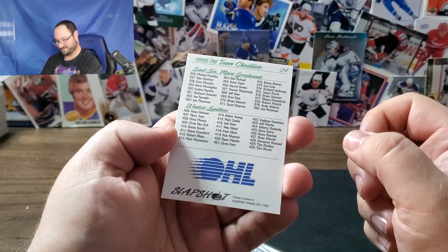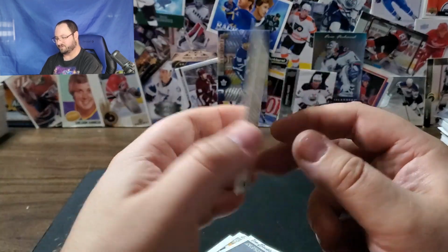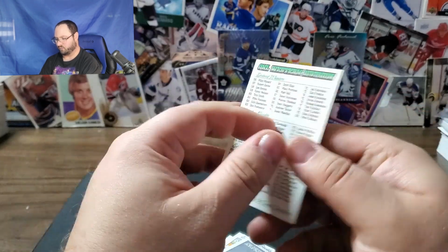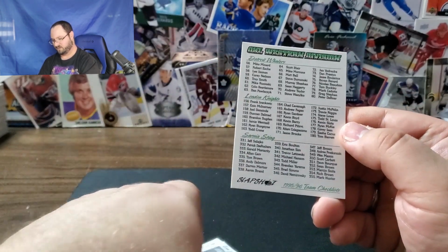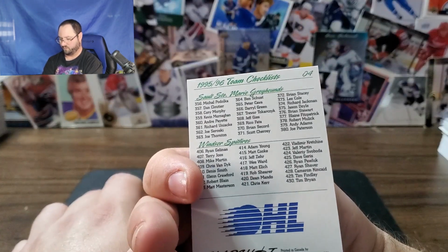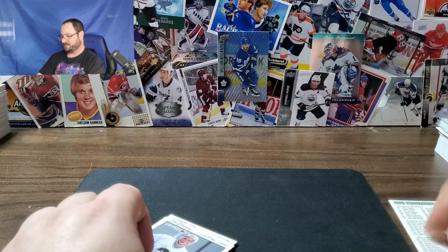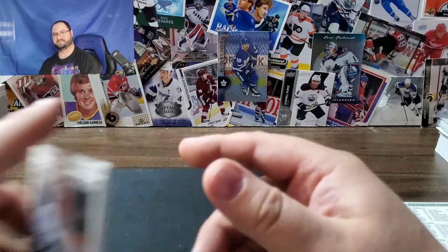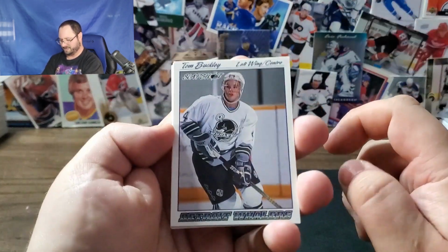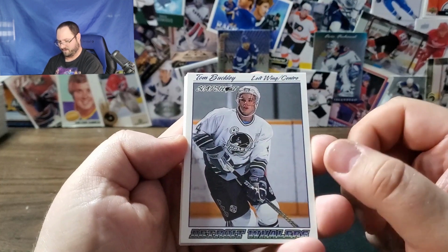Oh boy, I'm guessing the checklists were separate. I don't think they were part of the set. I could be wrong, but I don't think they were. Because if they were, they'd be right at the front of the whole set at number 4, because that's what number this one is. And yeah, I think that's a separate set altogether. All right, let's get into this. What do we got? Buckley from the